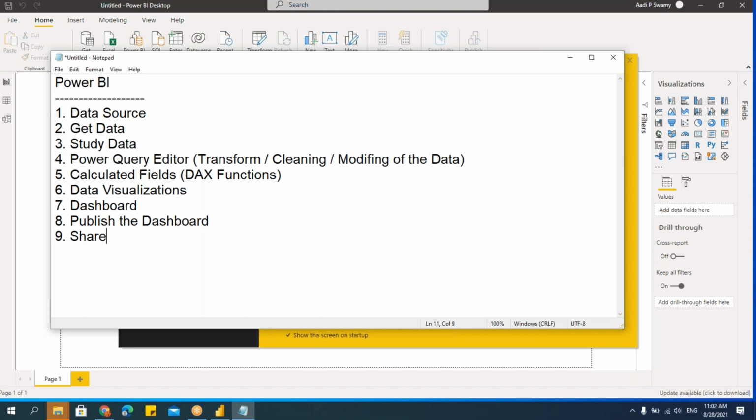Power Query Editor might not be there in some of the BI tools. So this is there in Power BI. This is one very big advantage. If you take Tableau, you cannot do the editing in Tableau. For that we need to use another software called Tableau Prep, Tableau preparation of the data. Okay, fine. Let's not go into that. So we understood the steps. For people who have not attended the previous session, this is what we just briefly discussed.